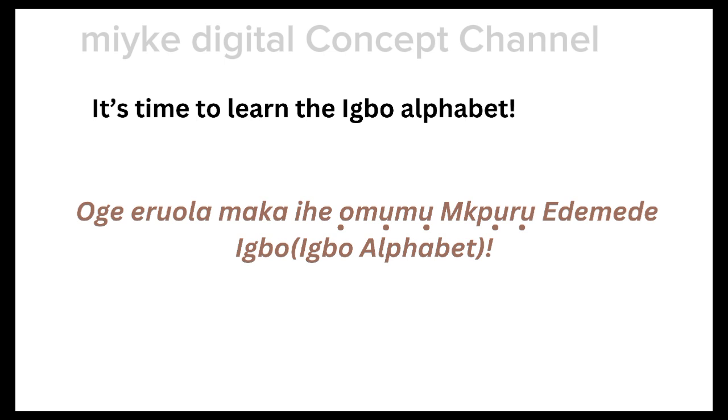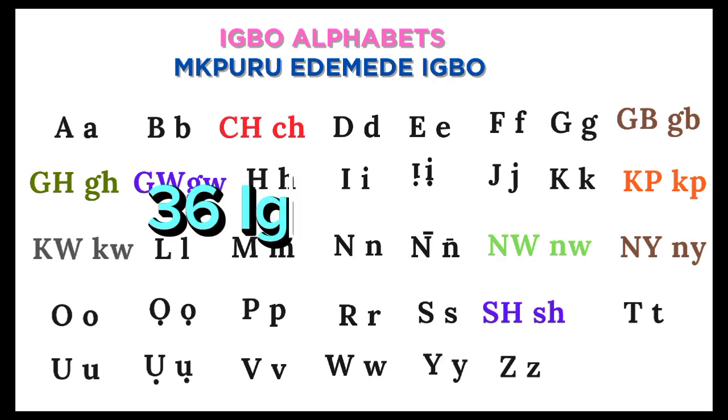Anyị ga-akpọ ya dịka esi akpọ ya na olu Igbo, that is where we pronounce them, how it is being pronounced in Igbo language. We have 36 Igbo alphabets, and here we have capitals and small letters and the way